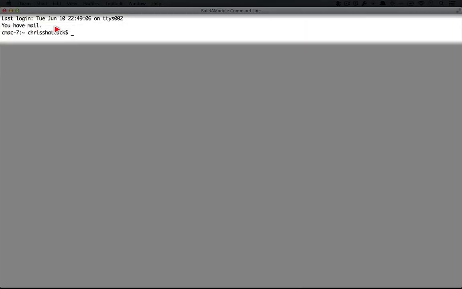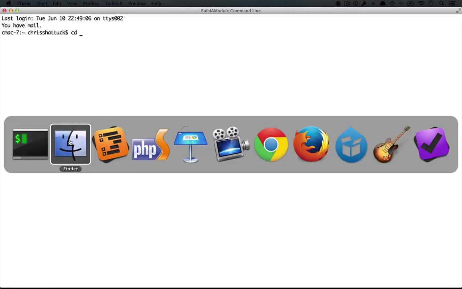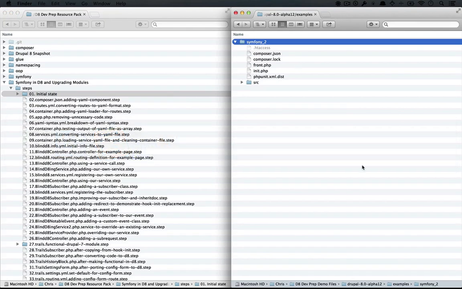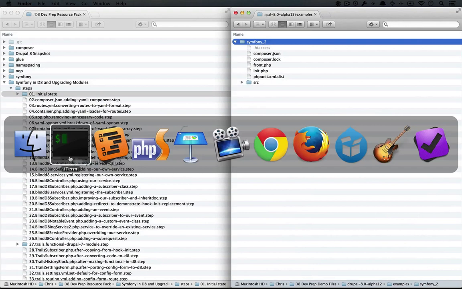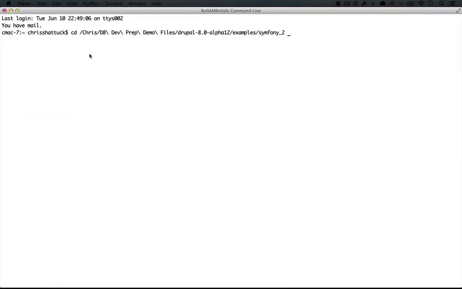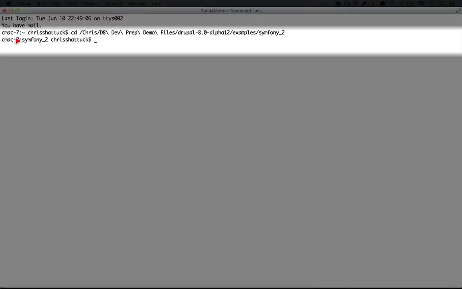You see that here. I'm going to type in cd space because we want to change the directory to the location of our folder. Then I'm going to go back to my File Explorer, and I'm going to drag this folder over and drop it in. Now this is just one way that we can change directory to this place. All right, so now we should be in the right folder, and we should be able to run